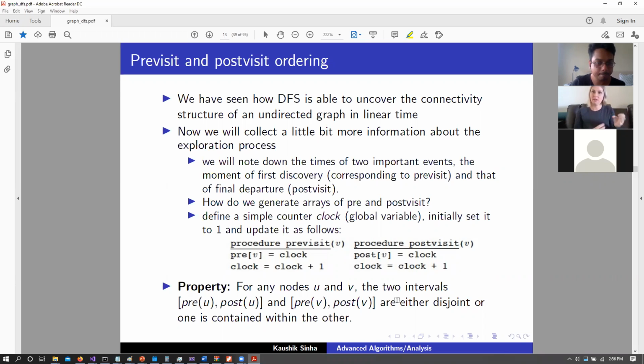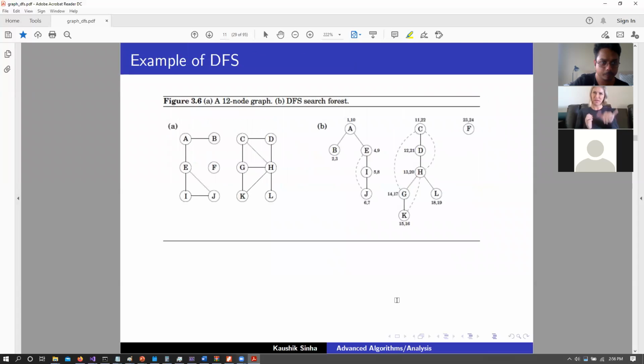Does that make sense about what the pre-visit values and post-visit values are? Or do you want me to go back to this example and explain again? Okay, let me ask you a question. Why is the pre-visit counter for C in this example 11 and post-visit 22? Anyone?